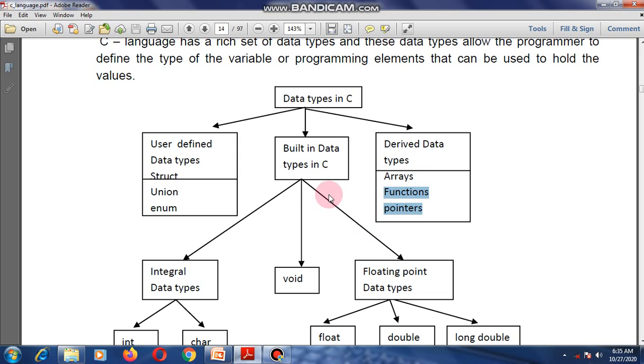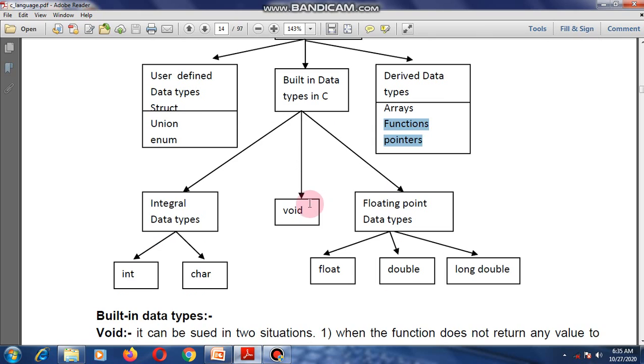Next we will discuss built-in data types. Built-in data types are classified as integral data type, void data type, and float data types. Integral data types are used to store integer type values or number type values.